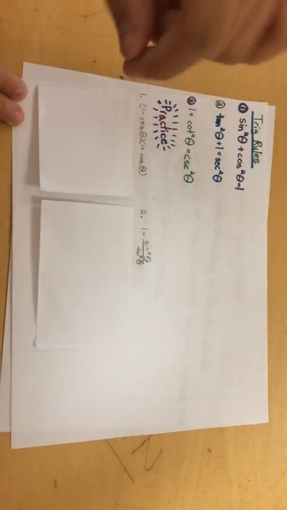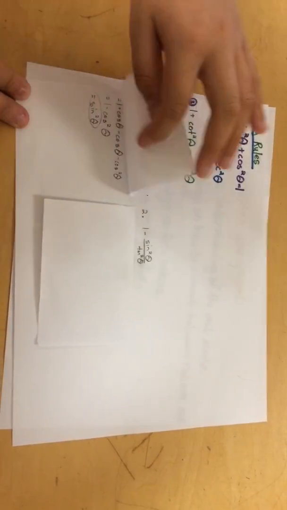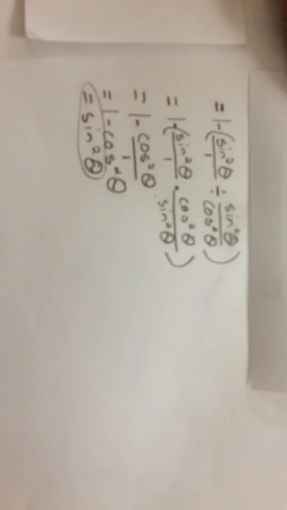There are 3 Pythagorean identities on the paper. We have 2 practice problems. Pause the video to solve them. The answer to question 1 is: the answer to question 2 is: